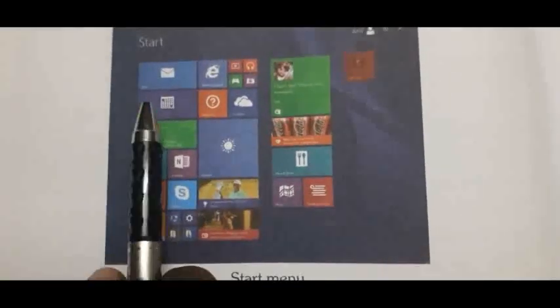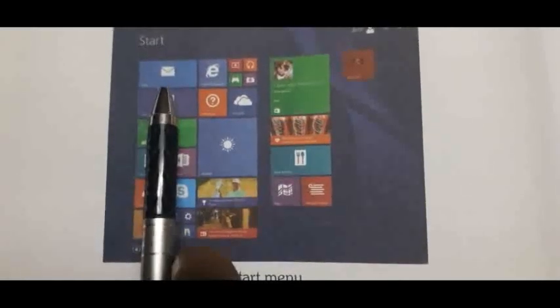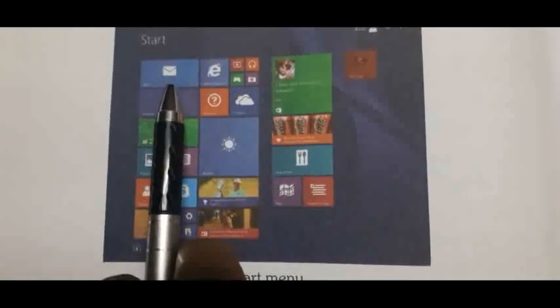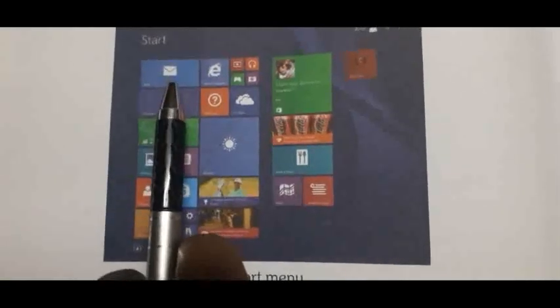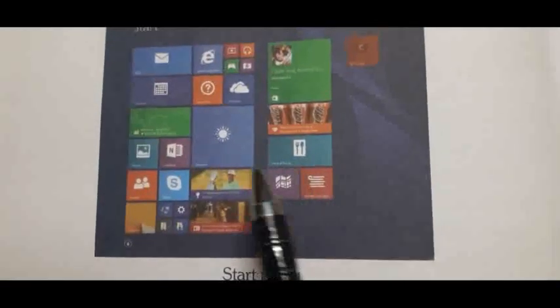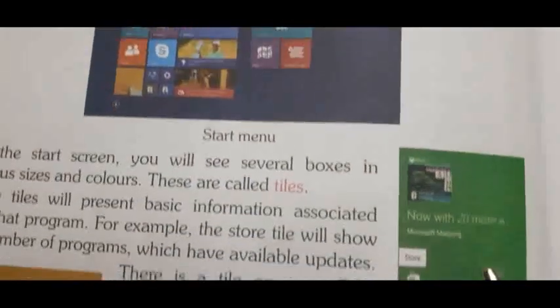If you see here, this is a mail tile. If we observe here, we can see what mails or messages we get in the computer. Like this, the information of that program will be displayed on these tiles. Okay, children. Now see.